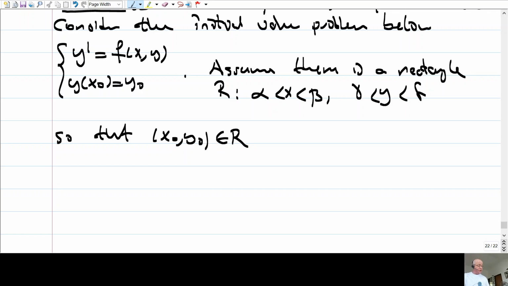So the initial condition is given in this rectangle. In other words, x0 is between alpha and beta, y0 is between gamma and delta, and